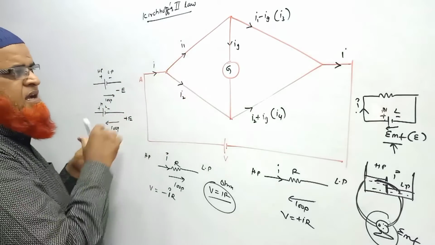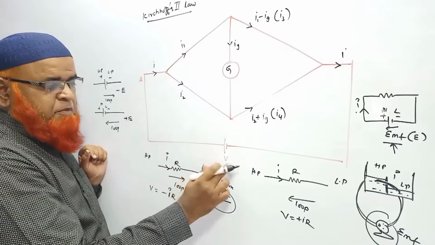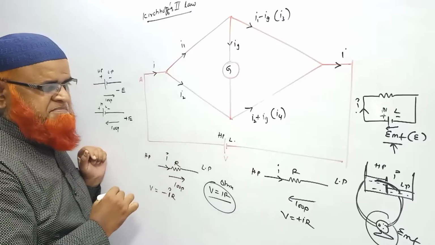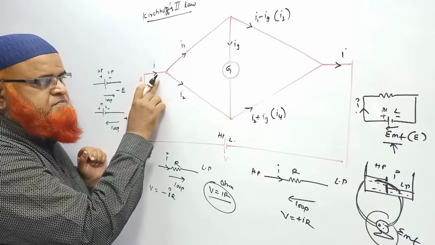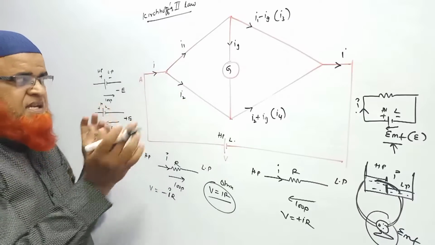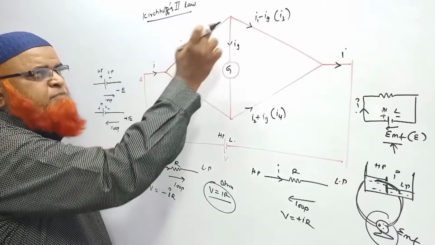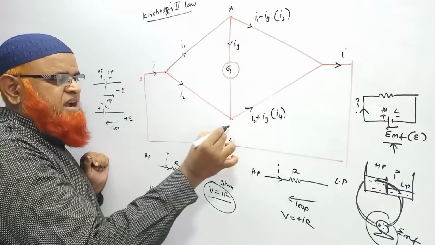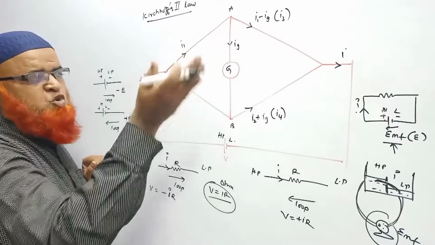Then here, let's see what is going to happen. Now, this is a potential difference you are going to apply. This is higher potential, this is lower potential. Current in the circuit is going to move. This is I, which is getting divided into two parts. As this is a junction here, I1 is moving, I2 is moving. Up to here, I1 is moving. This is a junction. Let us take this is junction A and this is junction B. At A, I is divided into two parts.